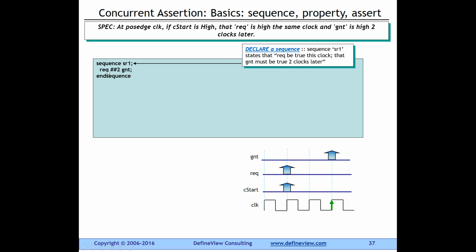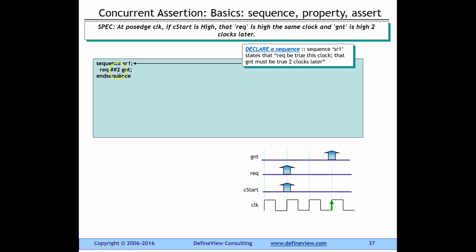I will use them interchangeably, but they mean the same thing, only that a sampling edge can be a synchronous clock edge, which is what normally people use, or for example, it can be a gated clock, which is asynchronous, but the point is it has to be an edge. So at this pos edge of clock, request is true,